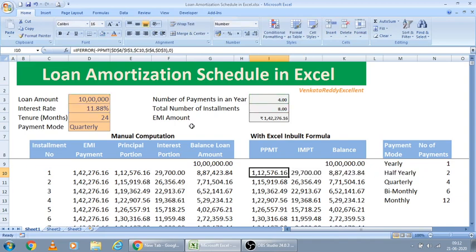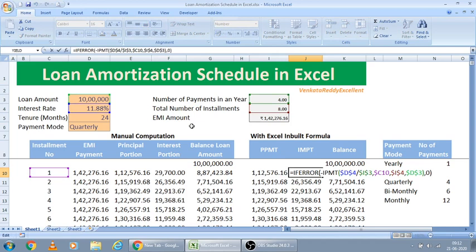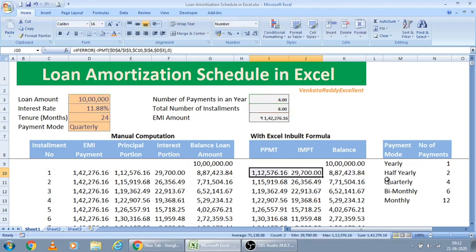In the same way, the same exact formula can be copied here. Instead of PPMT, I am just using IPMT. So it gives the interest component I am going to pay in a particular EMI. Here also the rate I am giving as input. PER means installment number. NPER is the total number of installments. PV is the loan amount. If we add these two, PPMT and IPMT, in any particular installment, that will be equal to our EMI amount.